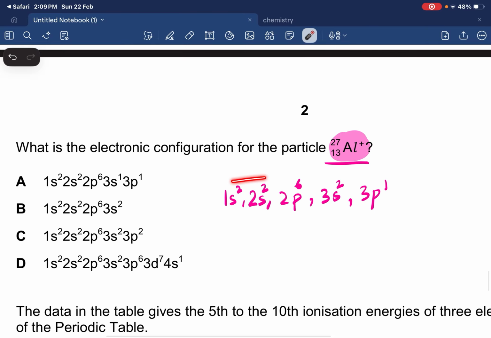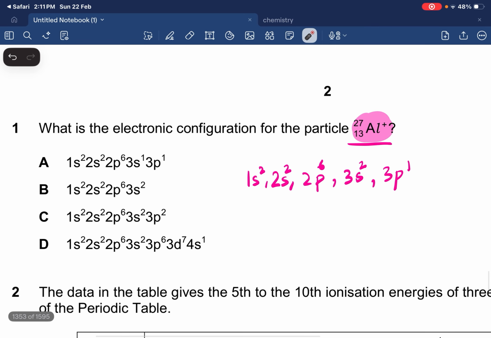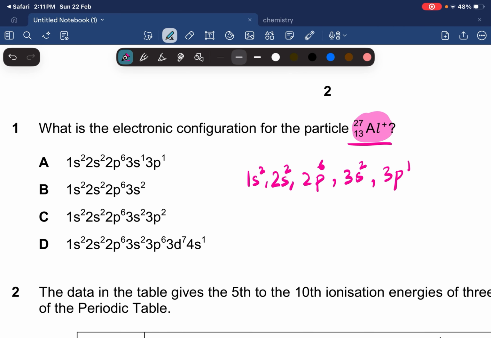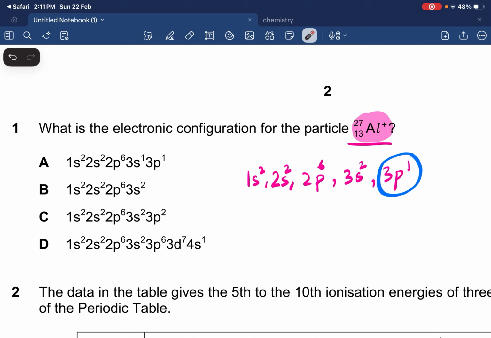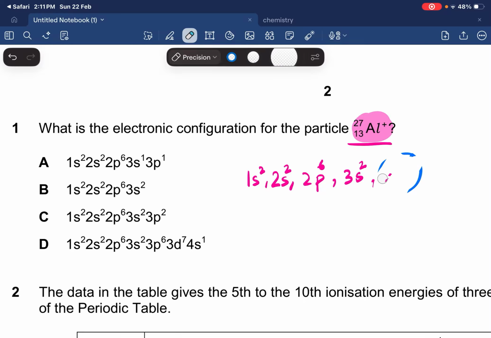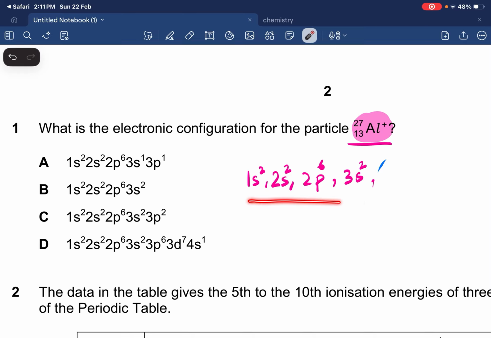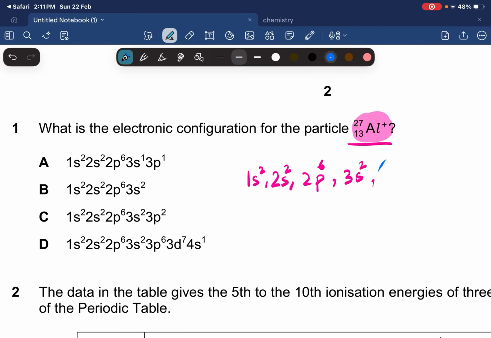So over here you can count, we have exactly 13 electrons. After the 13 electrons are done, now we need to take out 1 electron because it's a positive one. When we take out 1 electron, obviously we're going to take it from the last shell. So we take out 1 electron from here, and if we erase it, then this is the electronic configuration for an aluminum ion, which makes option B the correct answer. 1s2, 2s2, 2p6 and 3s2 makes a total of 12 electrons that we need, because out of 13, 1 electron